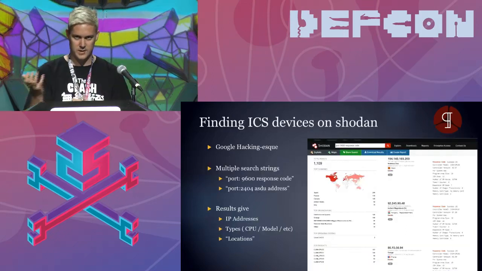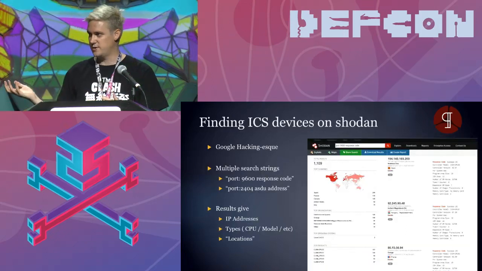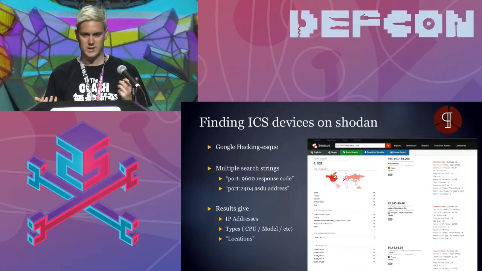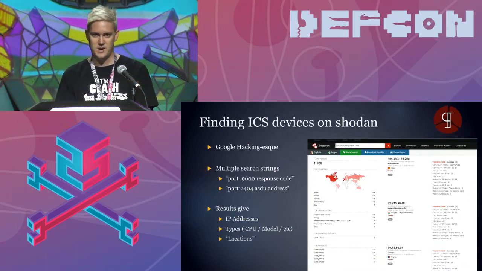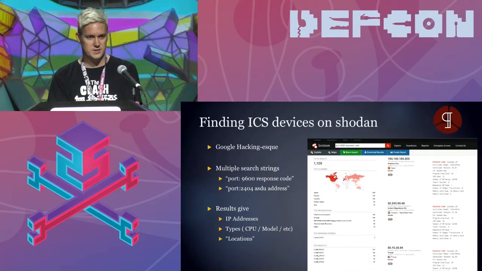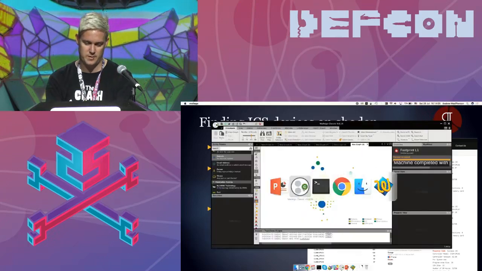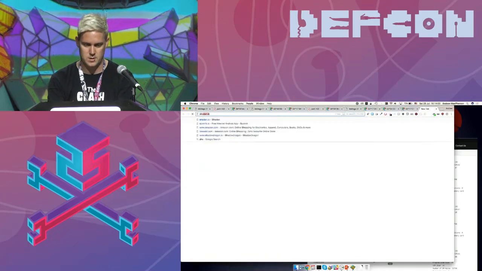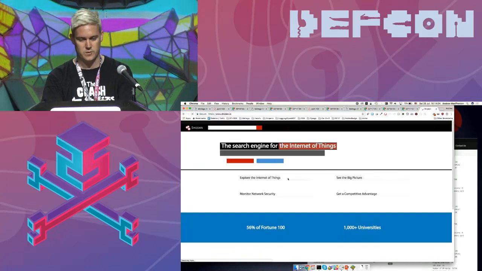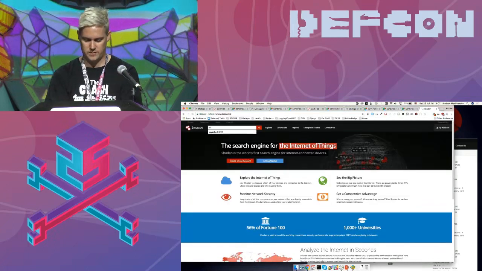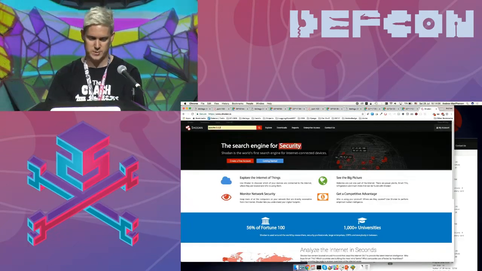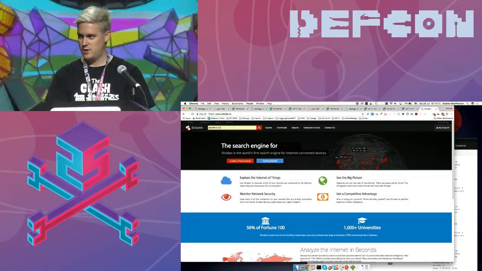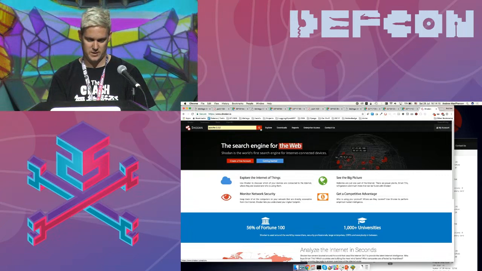So then we can get on to Shodan. So Shodan, basically a search engine for the internet. Actually, the guy who wrote Shodan is here somewhere. And it allows us to search for a particular string. So if I open Shodan, I can search for, I don't know, let's say I was looking for Apache 2.2.2, and it will find all different things on the internet that match Apache 2.2 if I click on search. Hopefully.